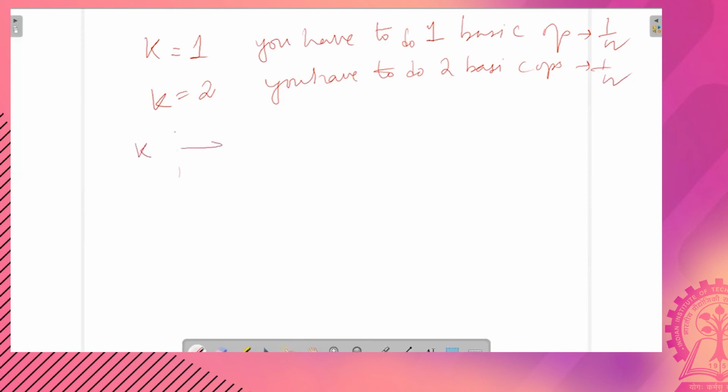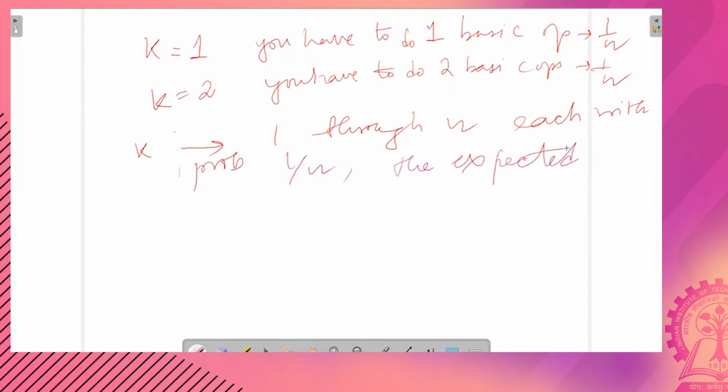Now since k can take any value from 1 through n, each with probability 1 by n, therefore the expected running time should be one into 1 by n, that is, you have found it in the first place, therefore you did one basic op, plus 2 into 1 by n.